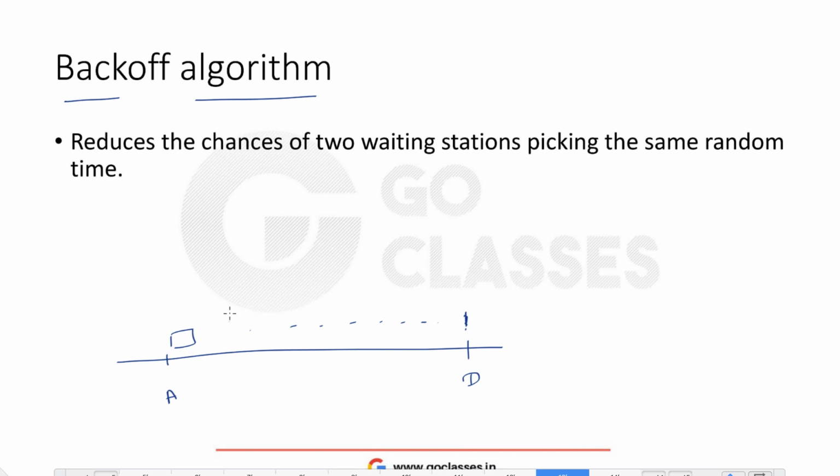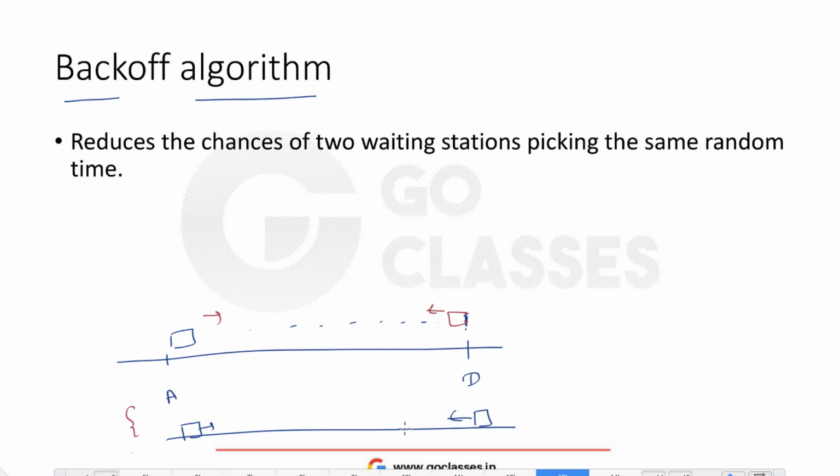Which means if there is a collision, that A and D both are sending some packet, then after how much time should they send the packet again, because ultimately they need to send the packet, right? Suppose that after 1 minute both start sending the packet, after a fixed amount of time, or after the same amount of time, then there will always be a collision, right? A and D are sending the packet, there is a collision, then after 1 minute they both start sending the packet again, then there will again be a collision, right?